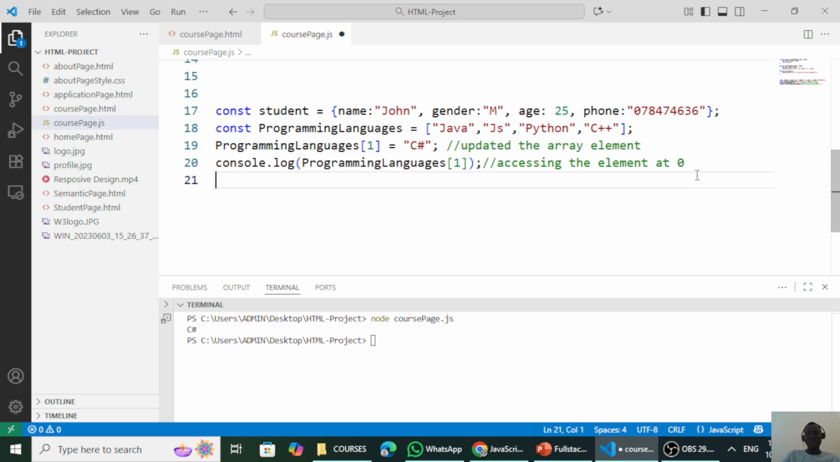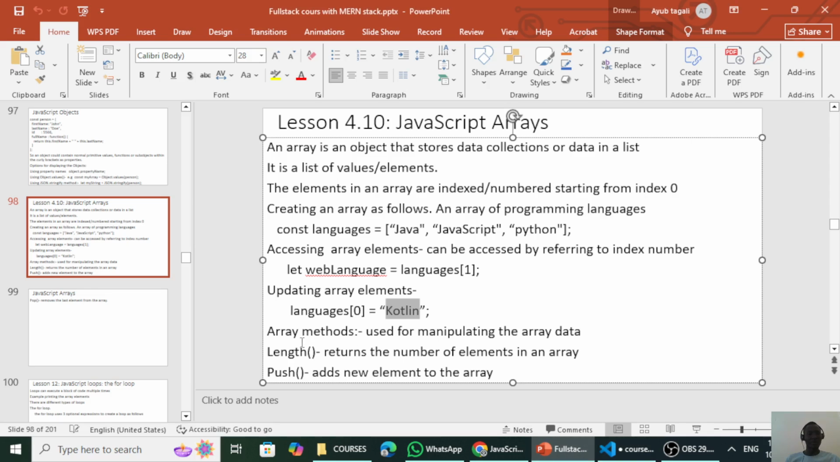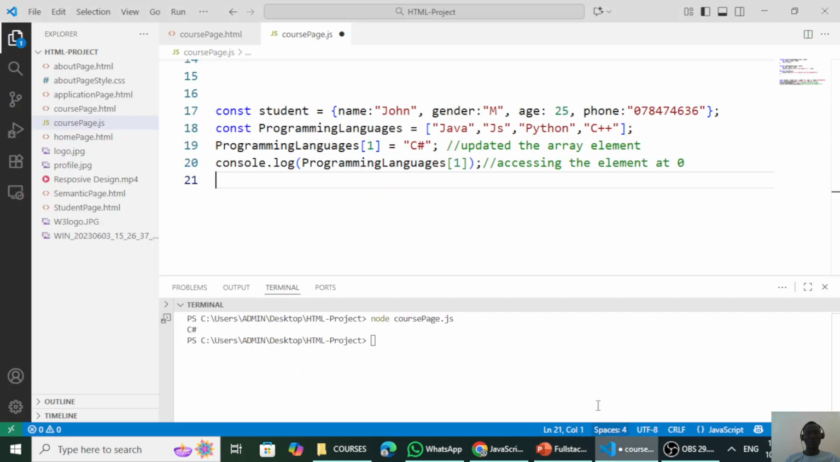We can also learn some of the array methods. So array has a number of methods which are defined by JavaScript, and in this video we're going to look at some of these array methods. The first method we're going to look at is the array length. The length method helps you to return the number of elements in an array without you having to count. So we know well that this array called programming languages has 4 elements. But assuming there are so many elements that it's not possible to count manually, then you can use an array method to determine how many items